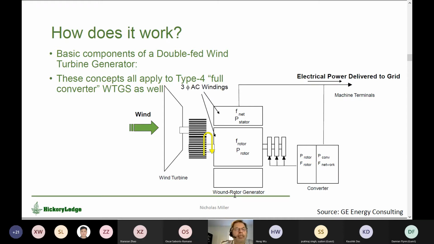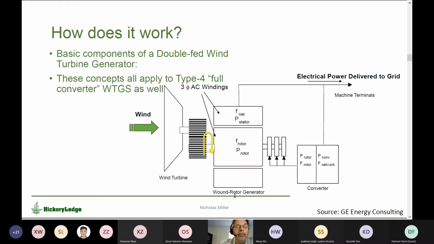But there's a couple of fundamental things here. The key point, going from left to right, is that as the wind comes into my stylized turbine and turns it, that's the mechanical power in your turbine generator model, and it is a function of wind speed and the rotor speed. That turns the rotor,